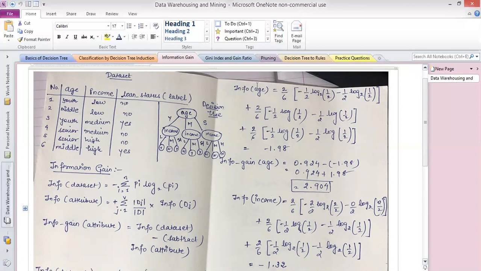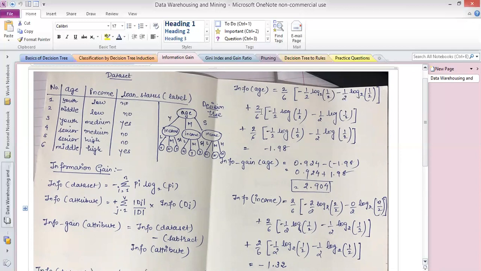The only difference is that there, yes and no was for 6 tuples, whereas here you are only writing it for youth. Youth only has 2 tuples, so you calculate it only for 2 tuples. You see, youth is here and youth is here. One youth has got no, the other youth has got yes, which means it is going to be 1 by 2, 1 by 2 each. That's why we write 2 by 6 in the bracket minus 1 by 2 log 1 by 2 to the base 2, minus 1 by 2 log 1 by 2 to the base 2, plus the second value for age,